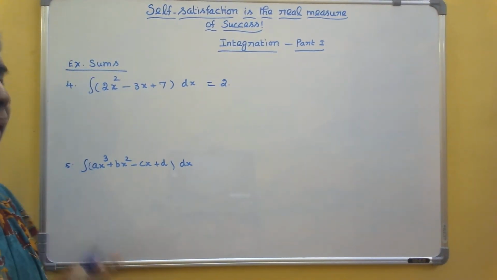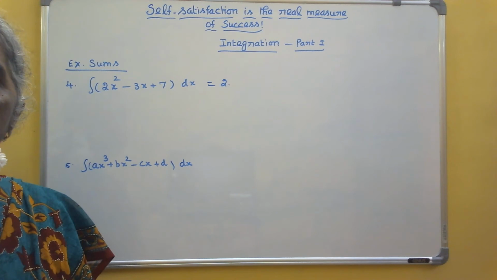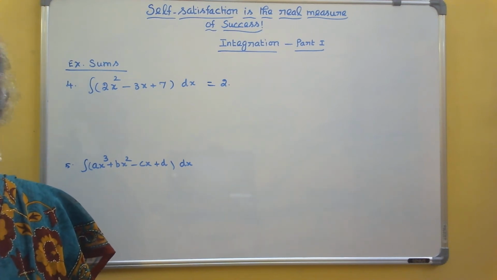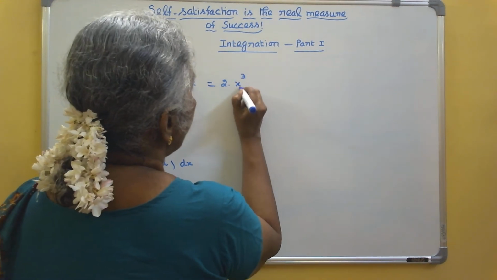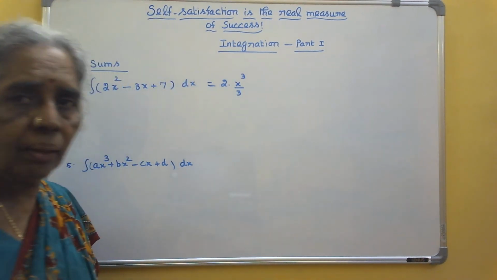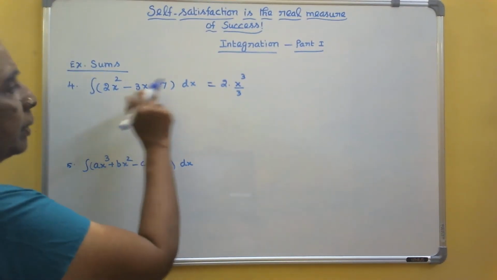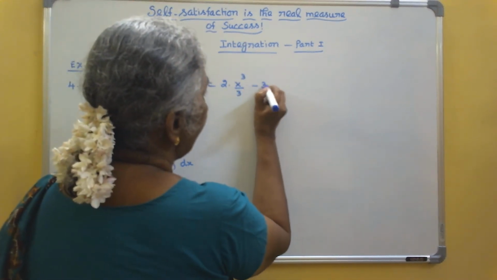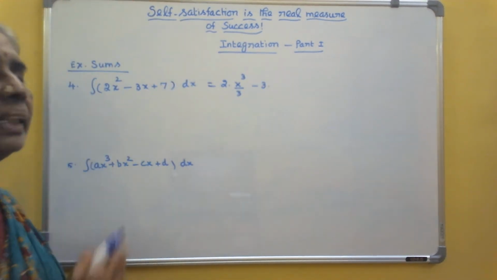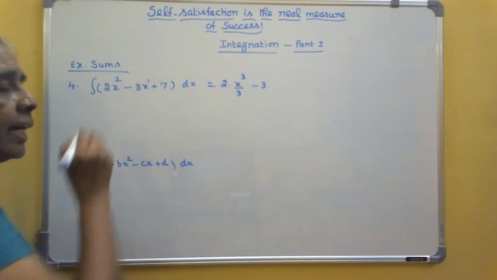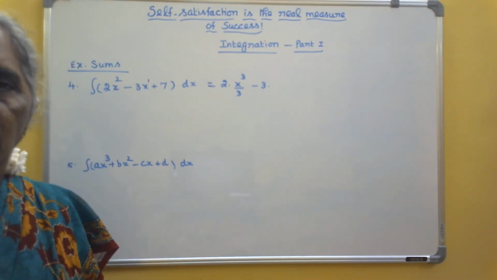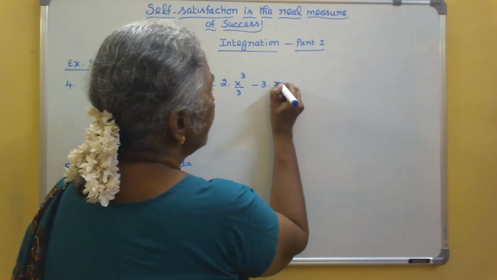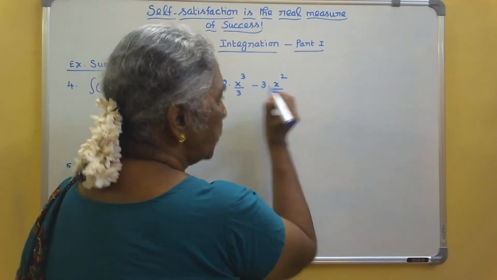Okay. Then x squared. How will you integrate x squared? You know that it is x cube by 3. So, write here x cube by 3. Okay. Come to the next term. You write that minus 3 as it is. You have an x there. That means it is x power 1. Okay. So, use the formula x power n. So, you will be getting x squared by 2.